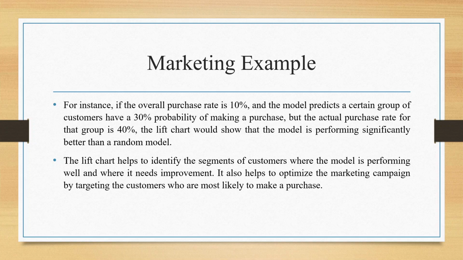Let's take a small marketing example. If the overall purchase rate is 10% and the model predicts a certain group of customers having 30% probability of making a purchase, overall purchase rate is 10%, but the model is able to predict 30%. But the actual purchase rate for that group is